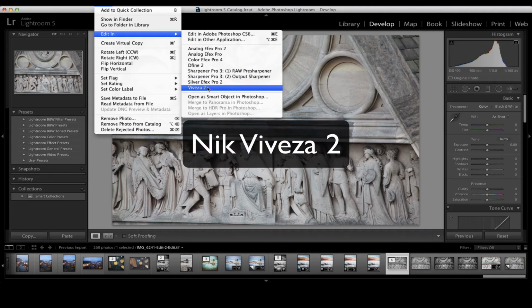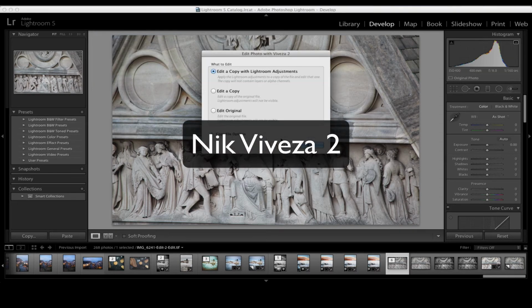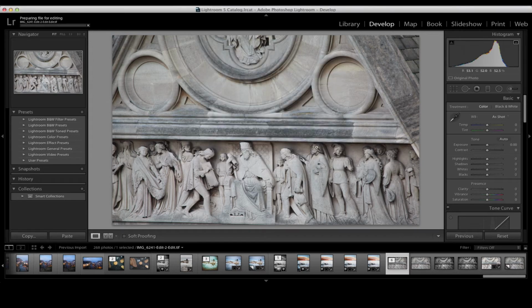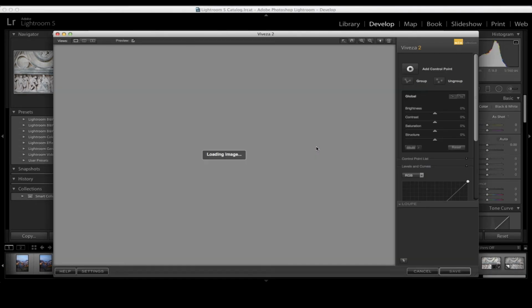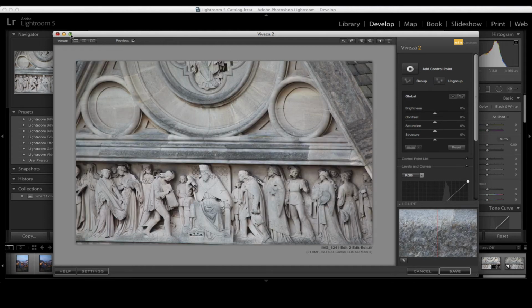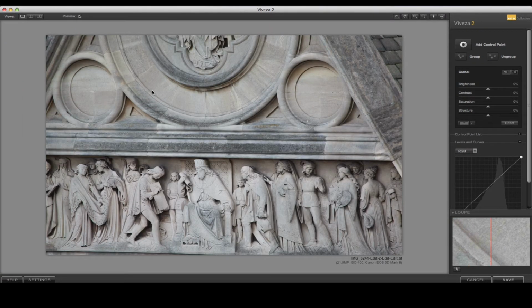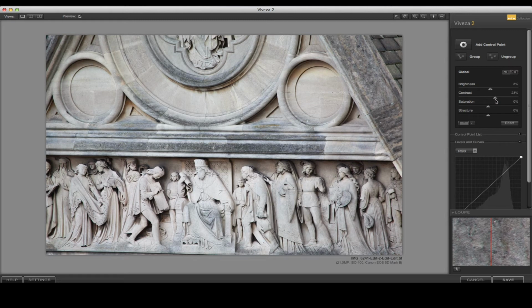The final one is called Viveza, and this is the one that works from colour and light. So we're going to flick a copy out again. Here, as you see, I'm still working on an image that I've done no editing on at all at the moment. And this is where Viveza comes into its own. And again, certainly use your control points as you can, but you can work very effectively globally. So you can work with the brightness on a scene. So here we're going to lift the rock, add some contrast into it. Again, to maintain these nice textures and tones and almost 3D effect on this rock here,